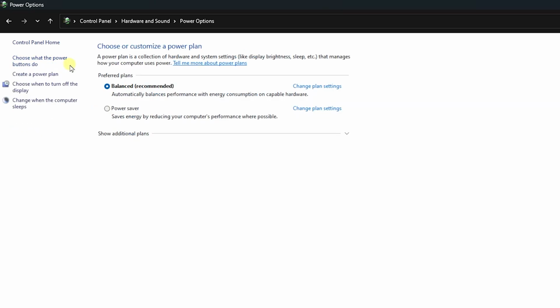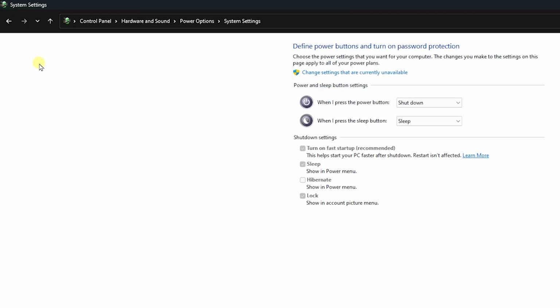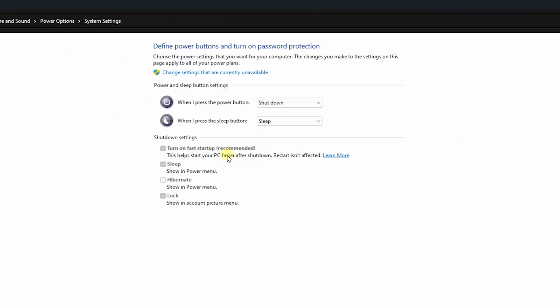So from here on the left upper side you will see choose what the power buttons do. You need to select this option, and there you have it. So here is the option to turn on the fast startup. So as you can see, we cannot actually turn this on or off, but if you just go through this,